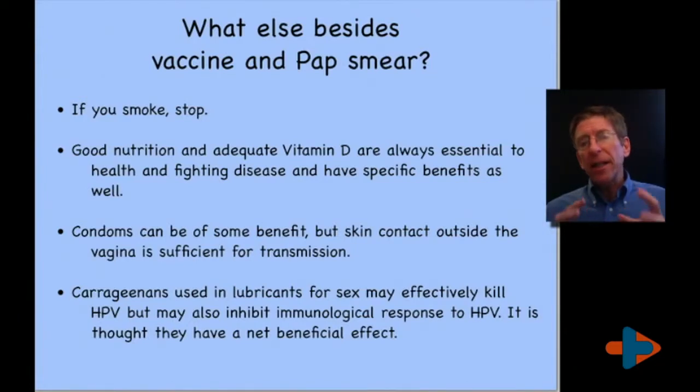Besides the vaccine, it's important to know that nutrition has a large play in whether an exposure to an HPV serotype that is potentially malignant will progress to cancer. Women who smoke have a much higher conversion rate. Those that eat junk food have a higher conversion rate. I highly recommend good nutrition and adequate vitamin D, as vitamin D has been shown in other cancers to be very beneficial, to have it at a reasonable level between 35 and 70 in your bloodstream to avoid progression of